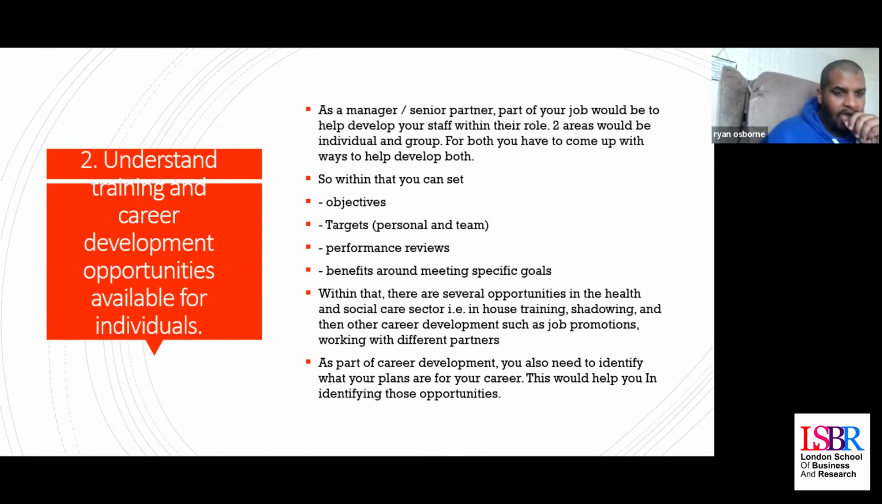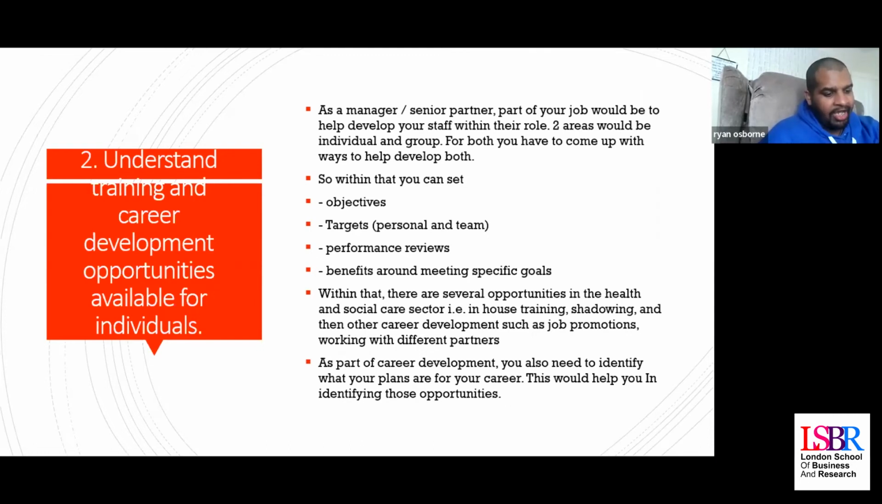As we said about developing staff, you can get each of them to put themselves through a SWOT analysis. The SWOT analysis looks at what your strengths are, what your weaknesses are, what the opportunities are, and what the threats are. Are there any threats to those opportunities? So for example